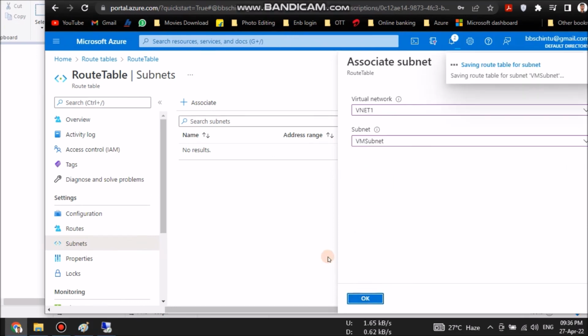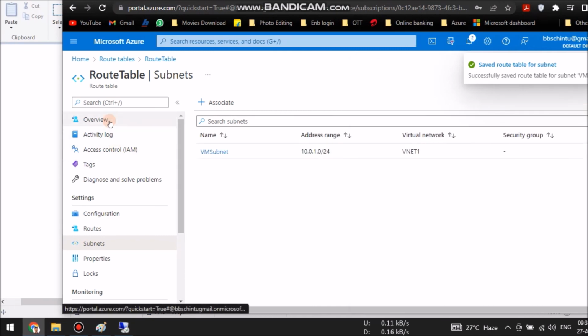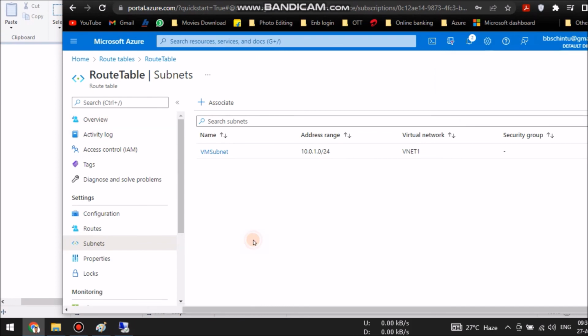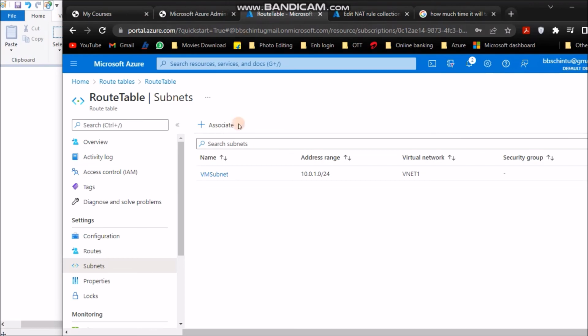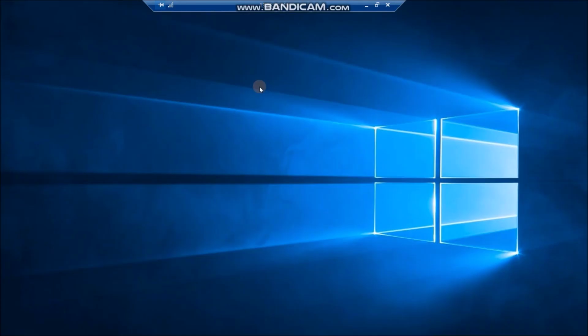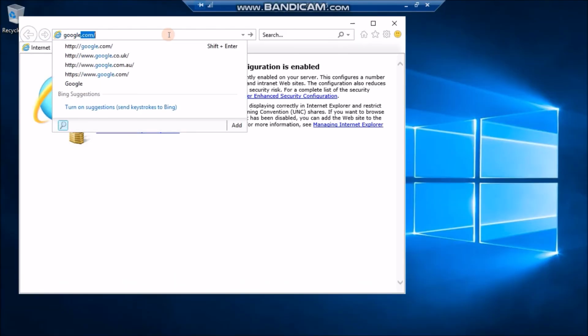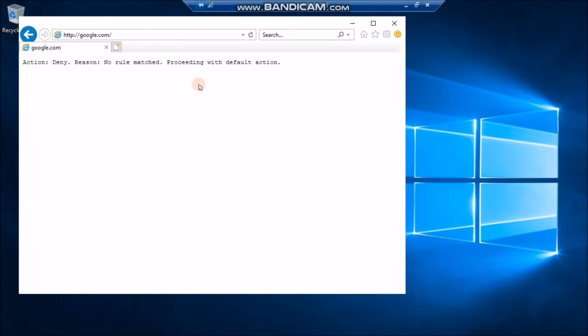So I'll associate this route. Okay, then I'll try to access google.com again inside this. Yeah, so if you see now,